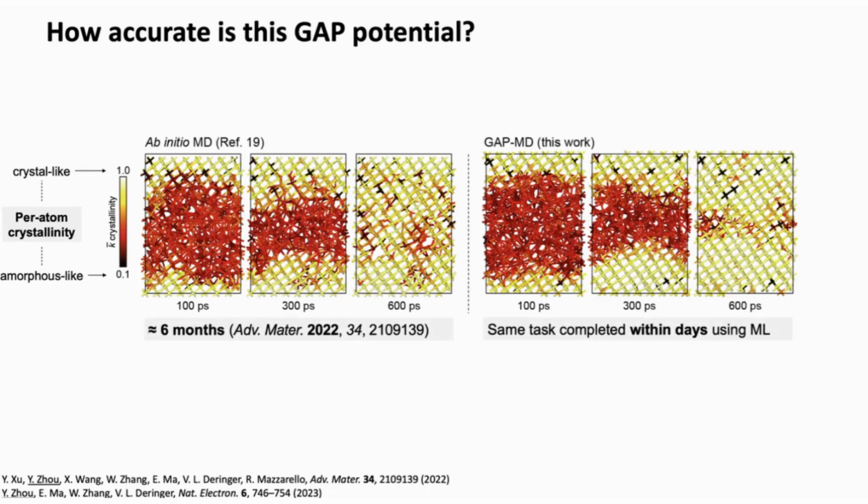So if I don't tell you which is which, I guess it's quite hard to distinguish the difference between these two, right? You can also see that the same crystallization simulation now took much less time using GAP-driven MD simulation. Now, how do we simulate the non-isothermal heating condition in a device scale simulation?